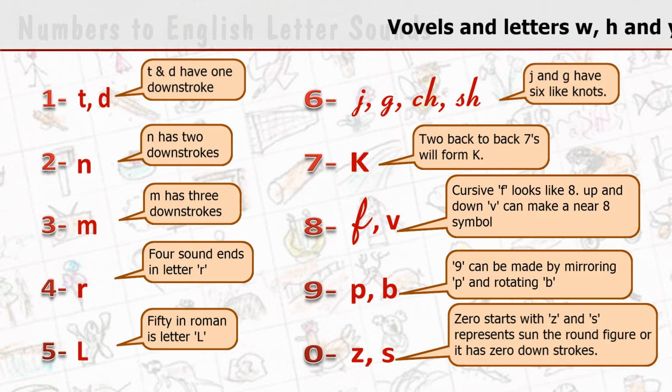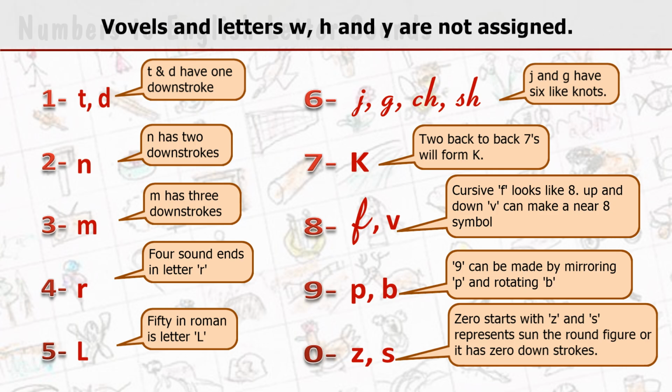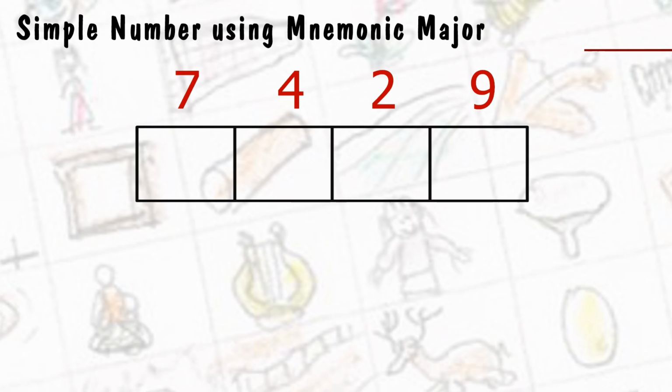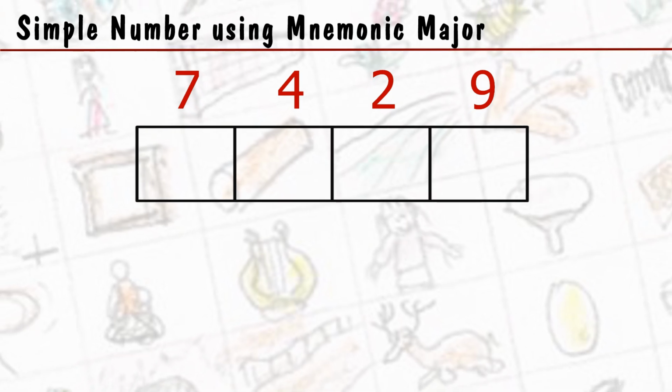In this system, all vowels A, E, I, O, U and characters W, H and Y are not assigned to any numbers. Letters Q and X are not directly represented as their pronunciations are context sensitive and are nearer to K and S respectively. Let us try to memorize the number